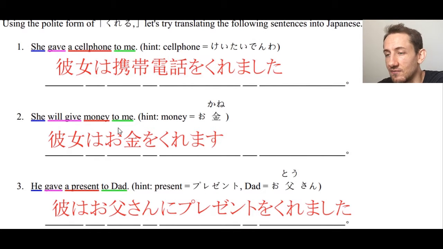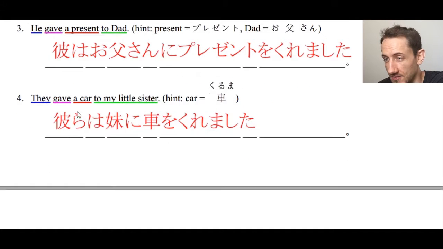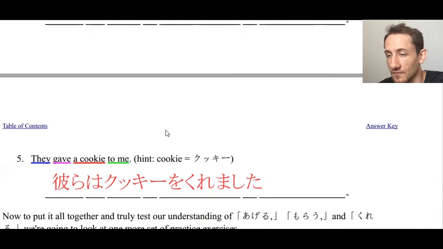And number 2, she will give money to me. 彼女はお金をくれます。Number 3, he gave a present to dad. 彼はお父さんにプレゼントをくれました。And number 4, they gave a car to my little sister. 彼らは妹に車をくれました。